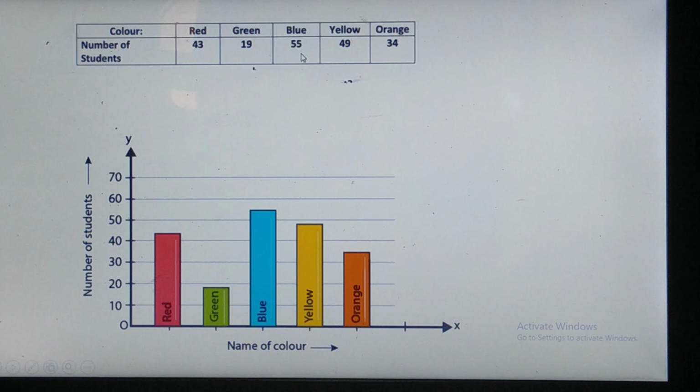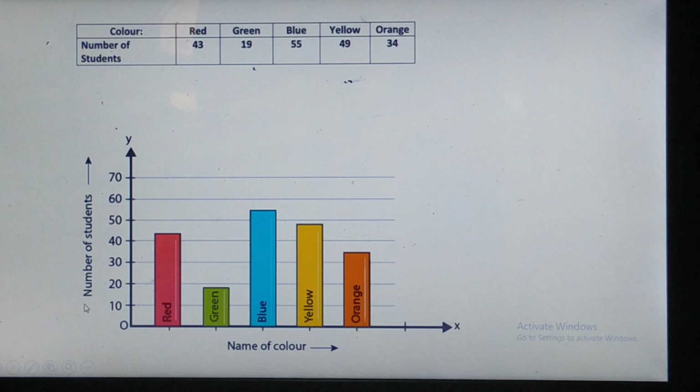I can choose any values here, but they must be in a class interval. Like if you choose 0 to 10, the next should be 20. There should be the same difference between the values you are taking. So 0, 10, 20, 30, 40, 50, 60, 70, or if you want you can choose other intervals like 0 to 20, 20 to 40, 40 to 60. It's according to your way of showing the graph.